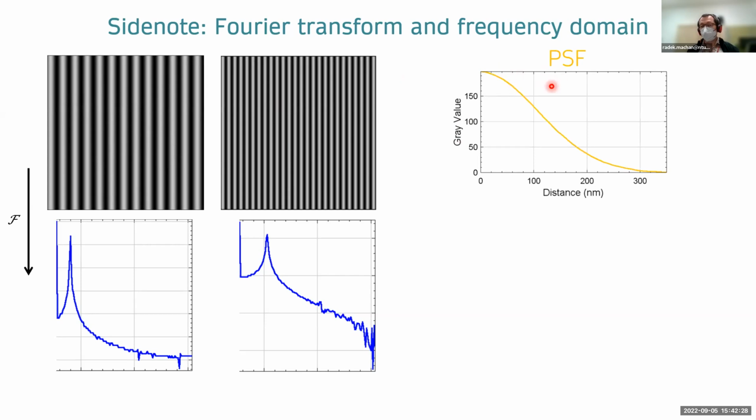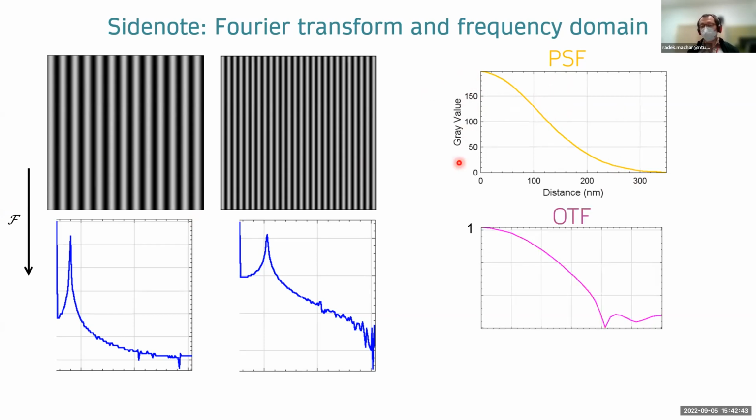And what happens if I do the Fourier transform of the point spread function? So here I just look at half of the profile of the point spread function, I assume it's symmetrical. And its Fourier transform is something called the optical transfer function. So that describes